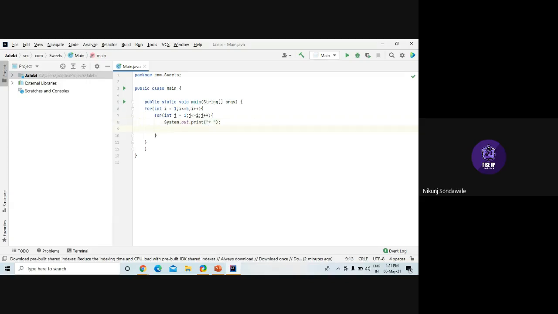Okay, and next I'll close this inner for loop, and in the outer for loop I'll again use one print statement.